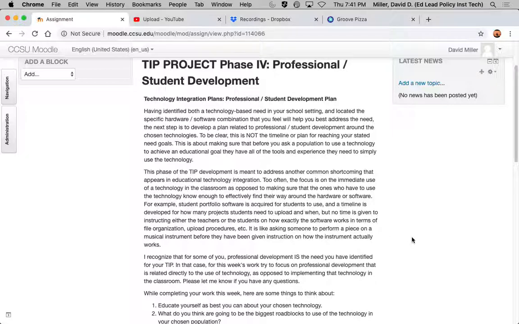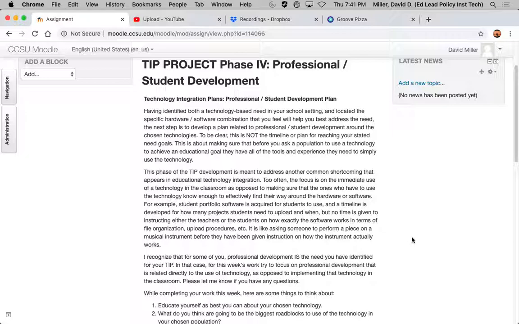So this week, and really the final big week for this whole thing, is about, I had a problem just calling it professional development, because in some cases, depending on what your plan is about, it might actually be student training that's happening. If it's students you're trying to get to use technology, but some of you it's the staff, some of you are focused on students. So I just called it kind of professional/student development. You could think of it as training as well.